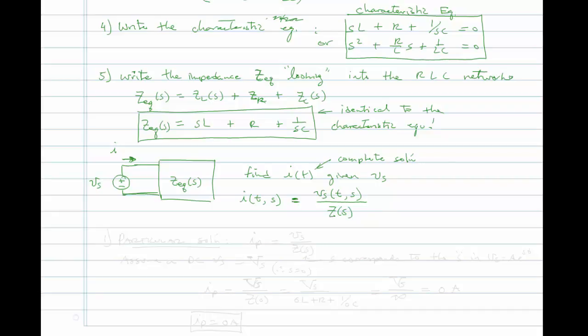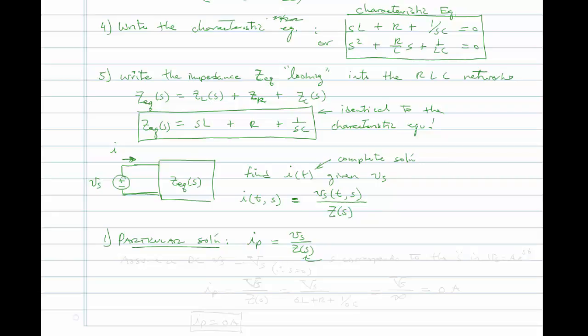Where after I, we have V, we can write an expression for Z. So let's look for the particular solution and then the homogeneous solution. All right, so first, the particular solution. We'll write Ip, and I'm going to drop the function of t and s just to be more efficient at writing. Ip, p for particular, is going to be equal to V of s divided by Z of s